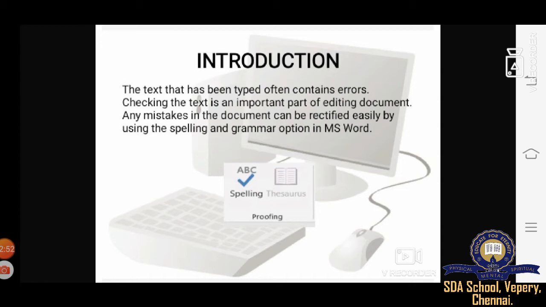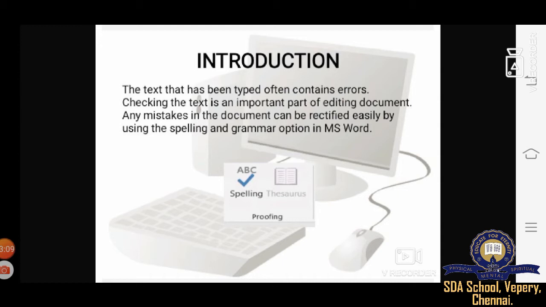Thus, checking the text that is typed is an important part of editing a document. Any mistakes in the document can be rectified easily by using the spelling and grammar option in MS Word.